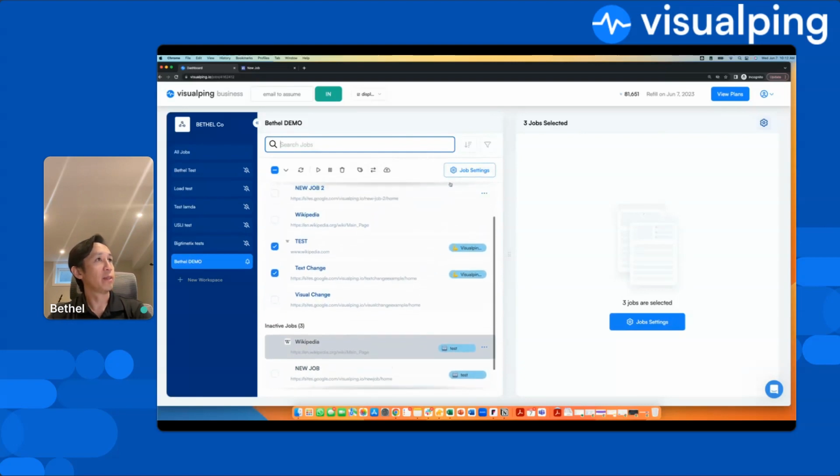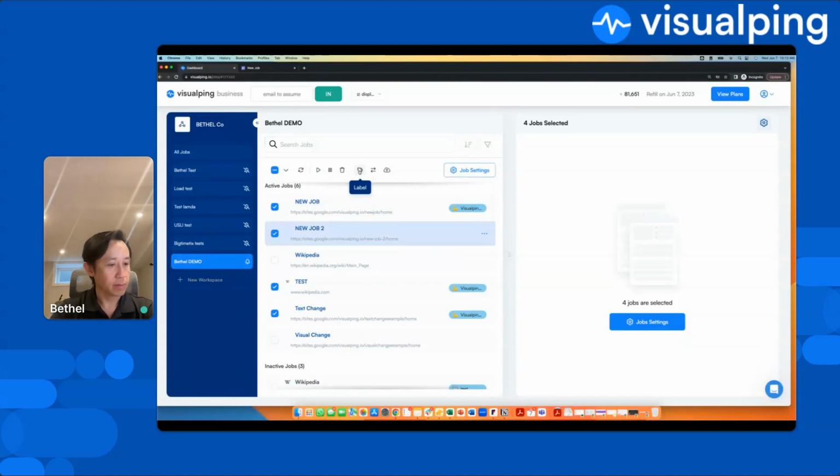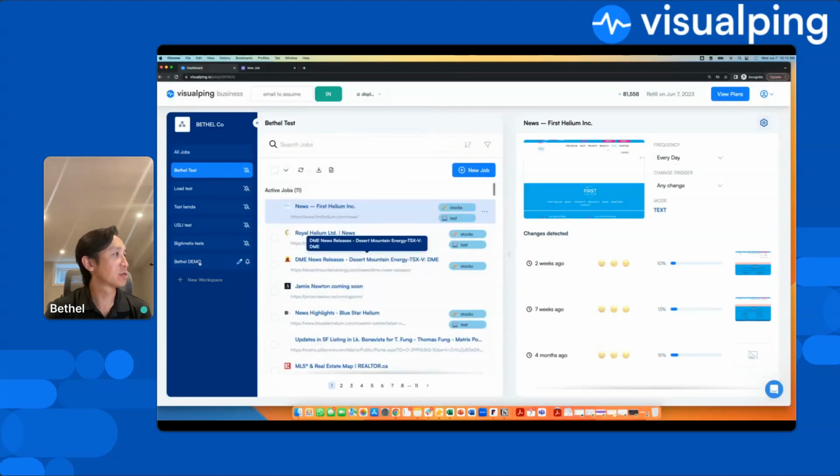So that's search, and that's the labels, and know that you can do this en masse and label things with our bulk edit. All right. And the last thing for bulk I wanted to point out really quick, for those on business plans, is the concept of workspaces. Essentially each workspace is a different bucket that has different jobs on. So for me, Bethel demo, and I focus on this one, Bethel test,